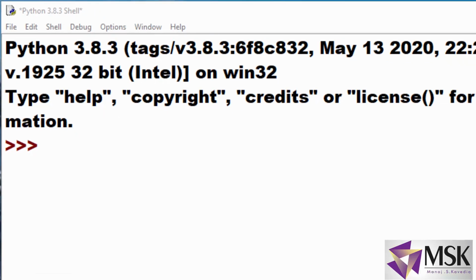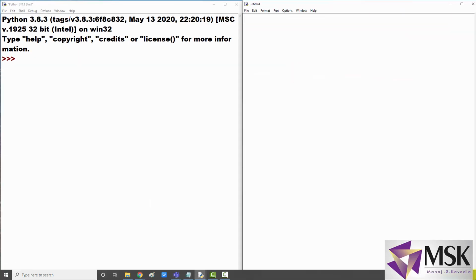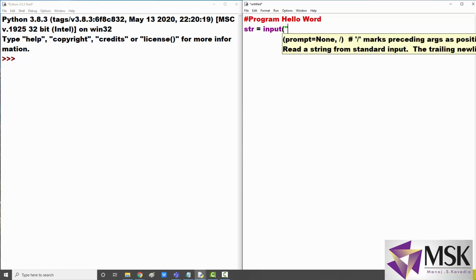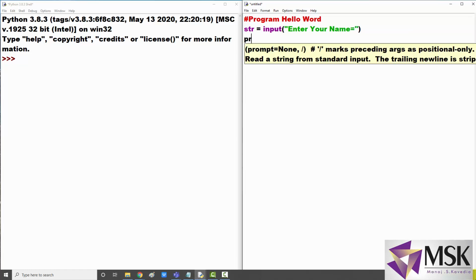Now I'll write a simple program, that is to print hello world. So here I'll write the program. Here I'll write print. Before that I'll write str equal to input, enter your name equal to, and then here I'll write print.